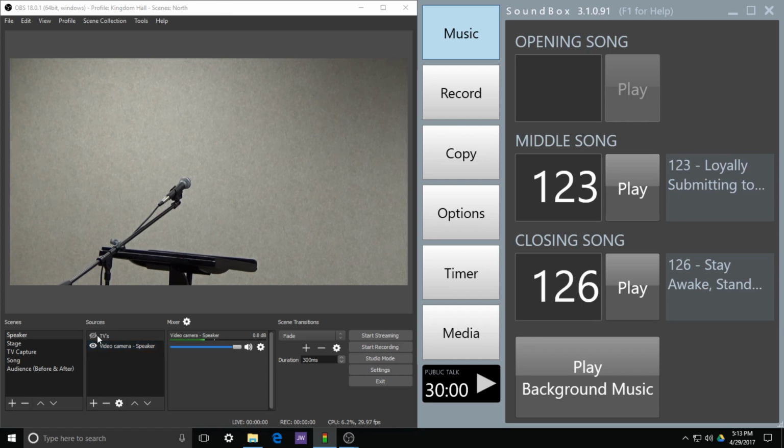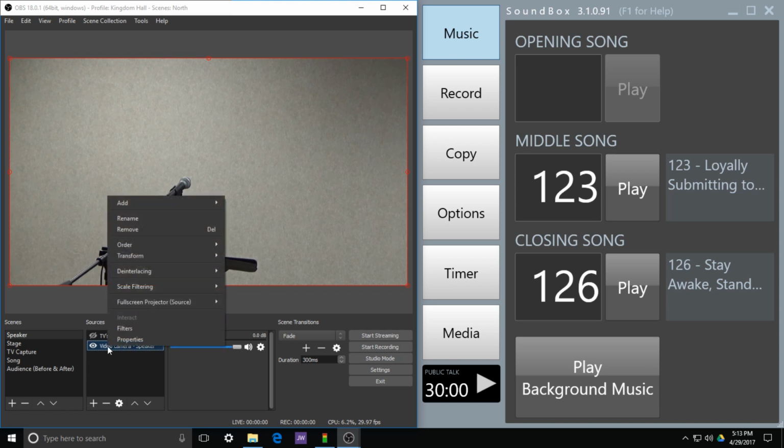The way it works is that for each scene you add a source. So in this case you'll see the video camera here, but you're not seeing an audio here. I mean, you see audio here. It says video camera speaker there, but you don't see a separate audio source. So the reason for that is because of some syncing here that is done to make that match up. So if I right click and go into